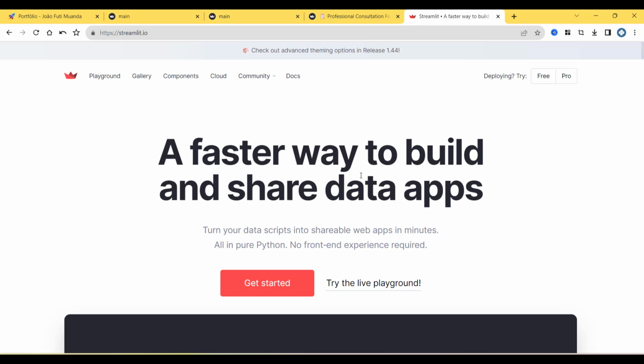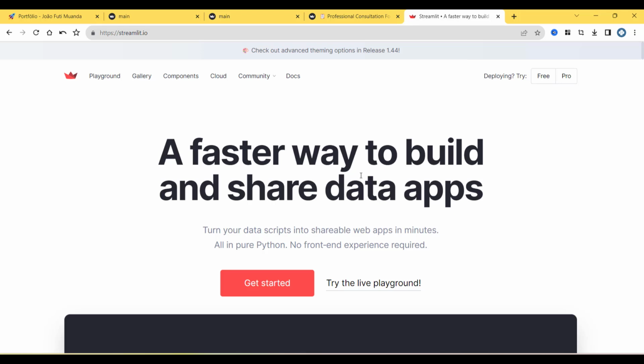See, Streamlit is easy to use. You don't need any knowledge of HTML, CSS, or even JavaScript. With Streamlit, you can rapidly develop web applications, and you can integrate it with most Python libraries easily. So that's why in this tutorial, we are going to focus on understanding Streamlit very well,